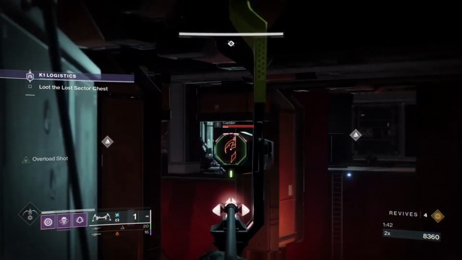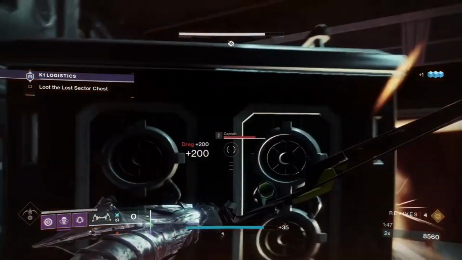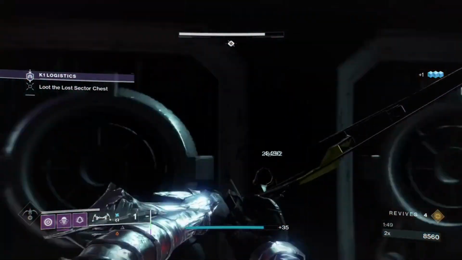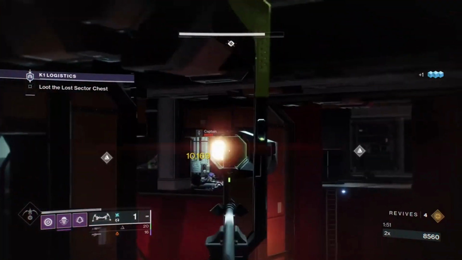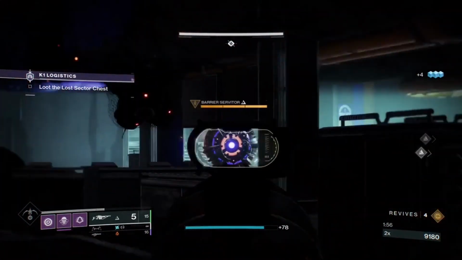specifically Fallen Captains and Fallen Tiger Shanks. You will also be facing Fallen Overload Champions and Barrier Champions, so make sure you have the right weapons and mods on to break their shields before you start, as your weapons and gear will become locked once you